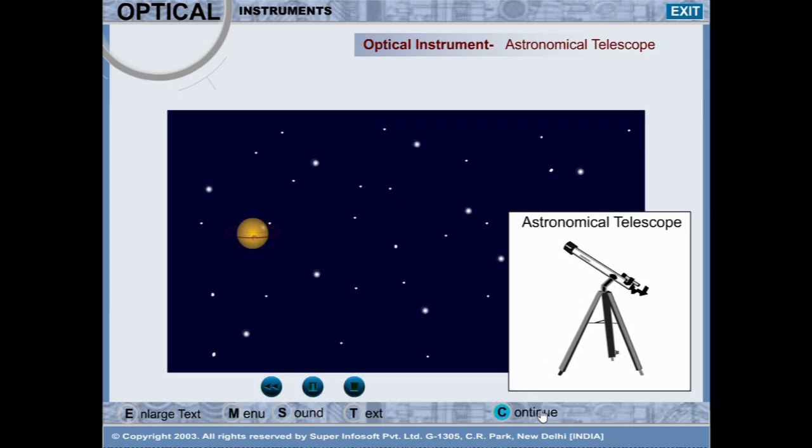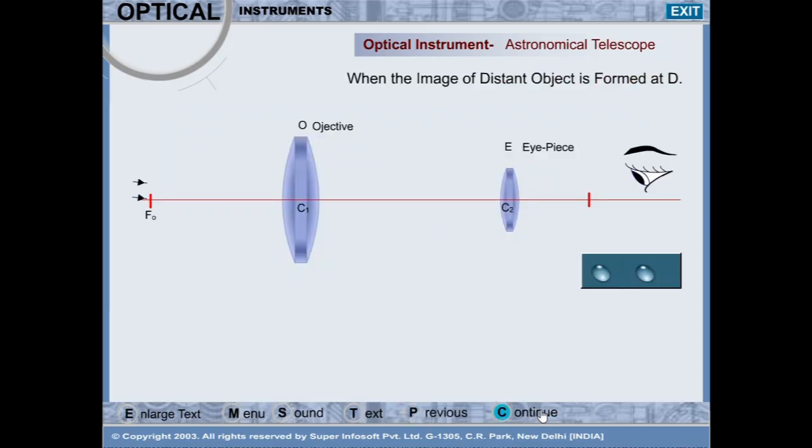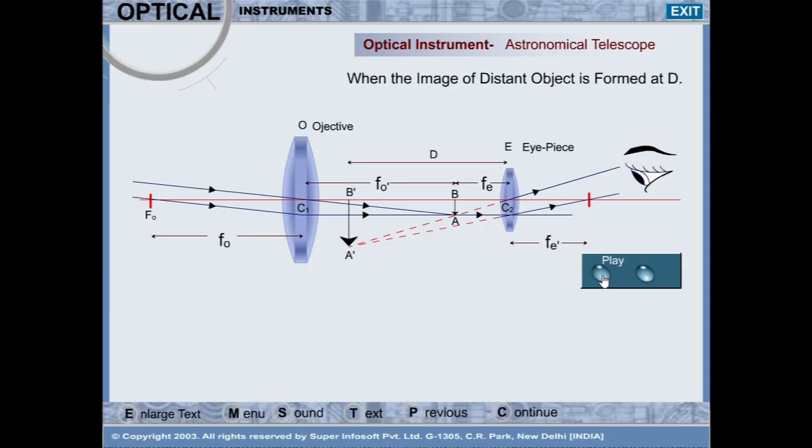Astronomical telescope. The astronomical telescope, when the image of a distant object is formed at D. To trace the path of the rays through the lenses, consider the rays coming from the top of a distant object. As the object is far off, the rays from its top fall upon the lens as a parallel beam inclined to the